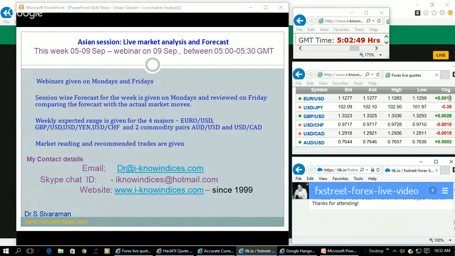Today they are just making the USD weakening move. Euro is in positive net change, GBP is in positive net change, Australian dollar is in positive net change. But the variation is there in the pips. Euro is about 18 pips positive net change, GBP is about 28 pips positive net change, whereas Australian dollar is 2 pips positive net change. Similarly, you come across the negative net change in the denominator currencies, showing again the USD weakening move.